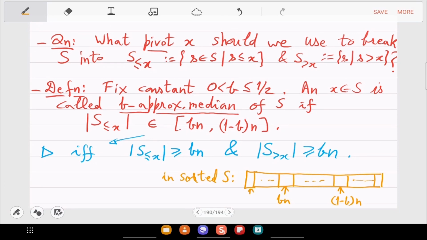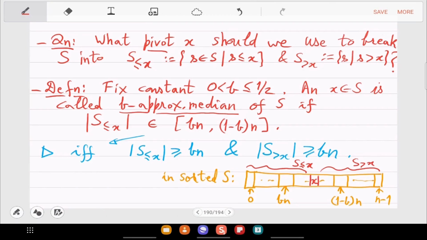So this is the 0th one, this is the n minus 1th one, assuming that it's sorted, and X is somewhere in the middle. And this part is called S less than equal to X. And this is S greater than X. Okay, so instead of being exactly in the middle, we are now allowing this range.